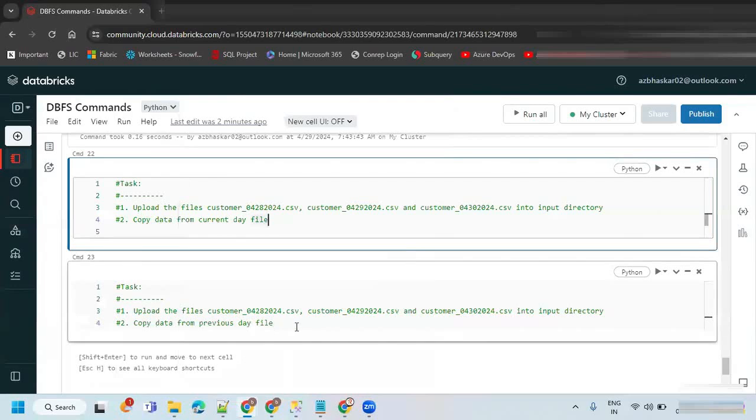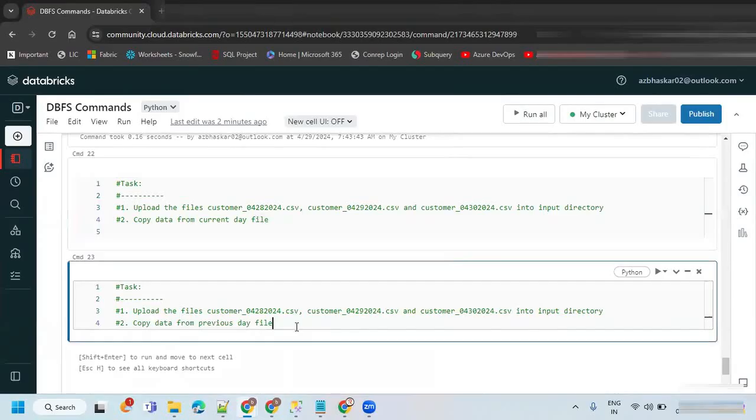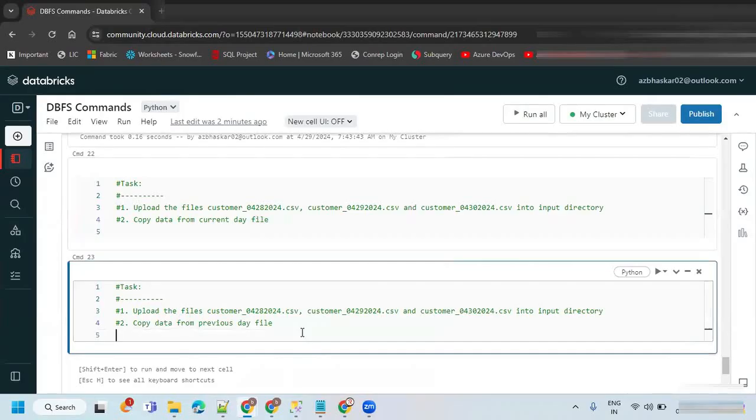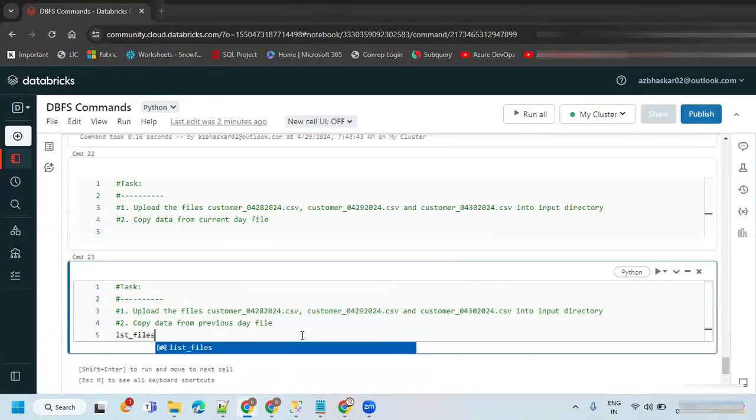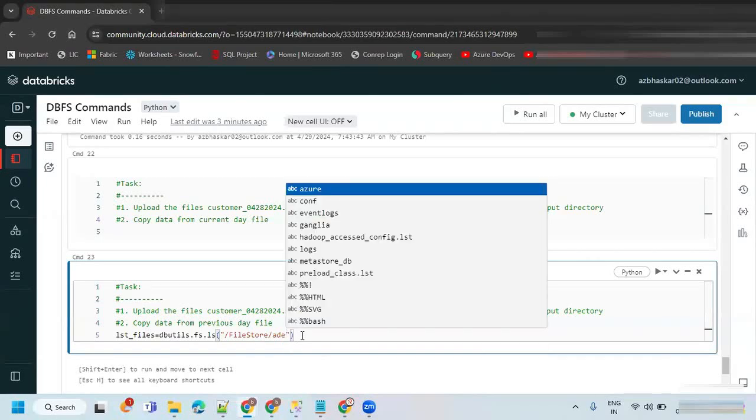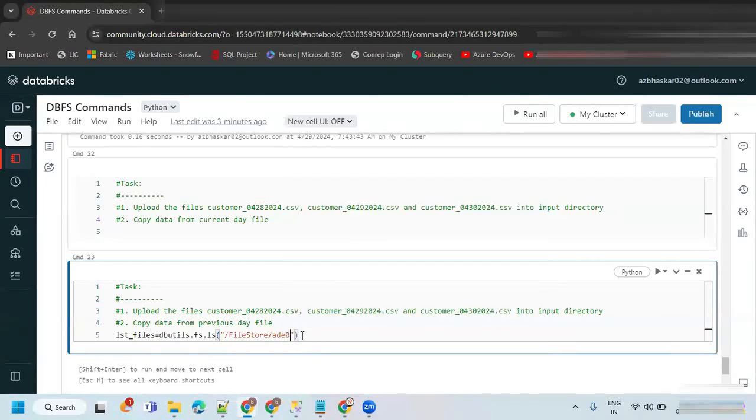Only one file is going to load from the input directory to the output directory out of all the files. So we have to read the list of the files here. To read the list of files, list_files equals dbutils.fs.ls, and you can specify the path here, file store, AD02, input directory.